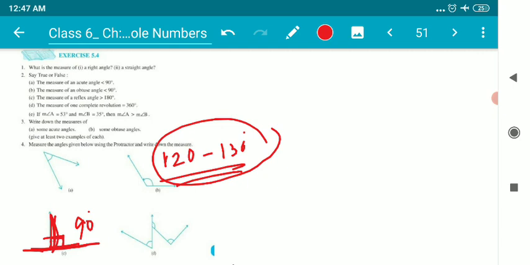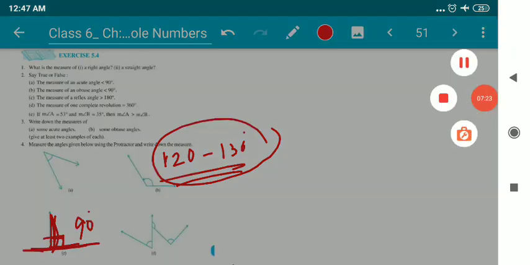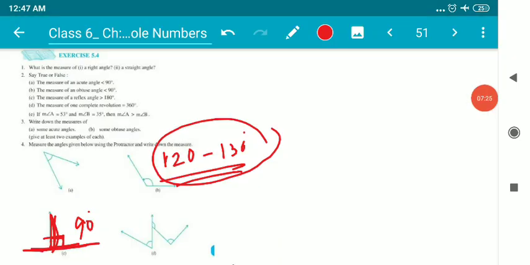It is 90 degree. Here in figure number D, three angles have been used. This one I could say can be 85 or 90 degree. This one is obtuse. It will be more than 120 degree. And this one is acute. It will be around 70 to 80 degree. 60 to 70. We can consider 75 degree for this one.